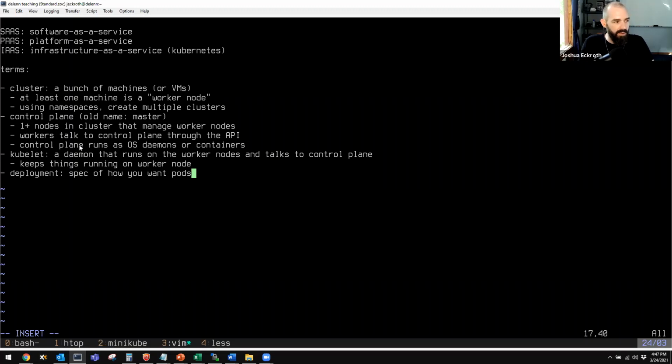We'll get to pods in a second. So deployment is about pods. A pod is a group of containers. So container is from before, like a Docker container. Group of containers, and